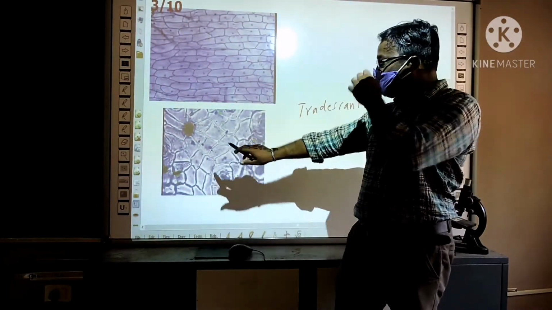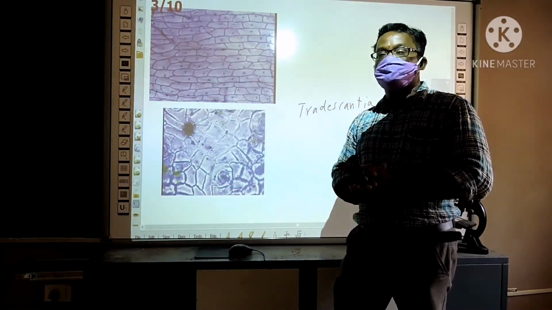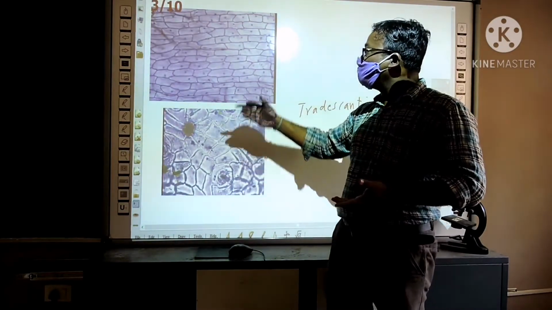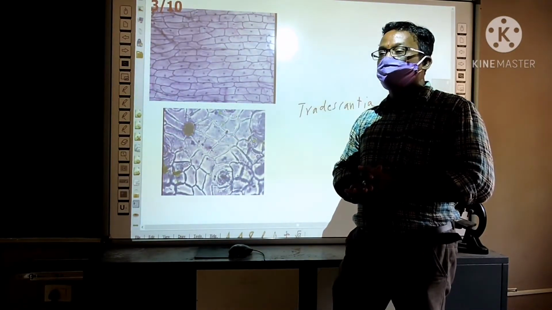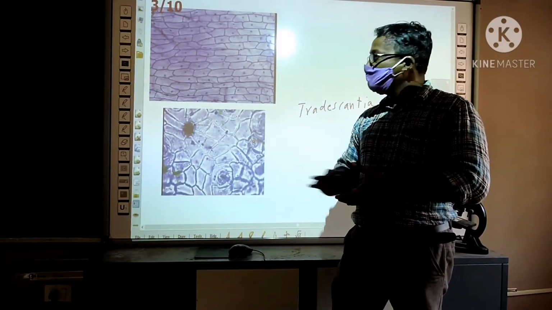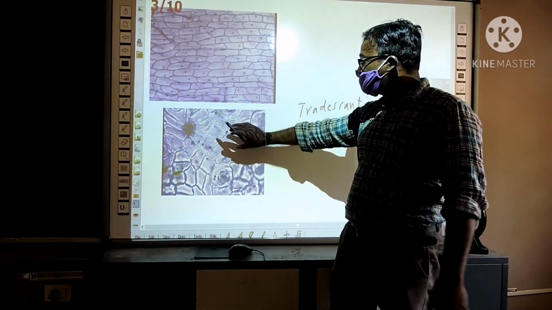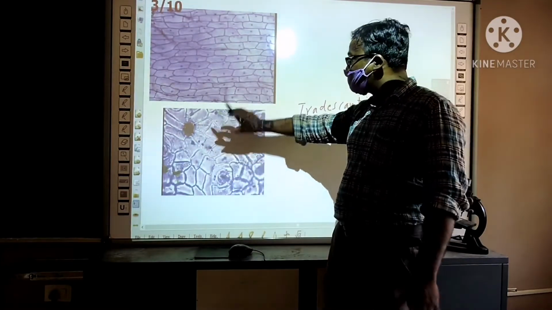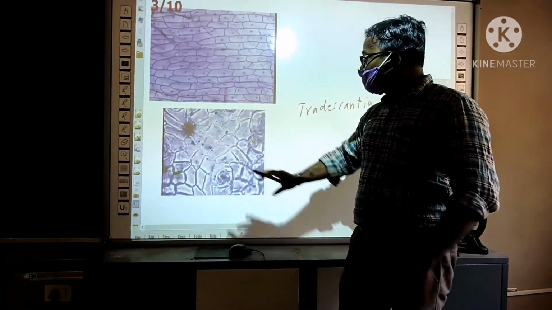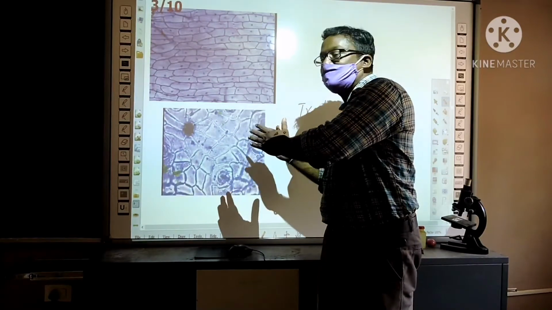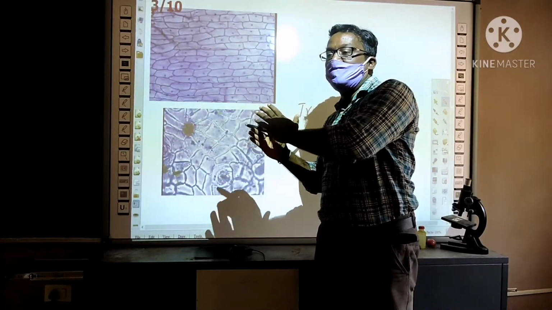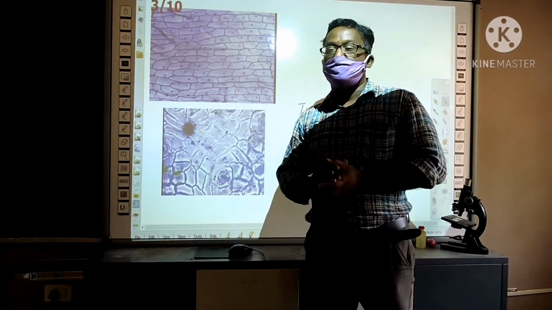See, this is the arrangement of cells in betel leaf. Is there any similarity between the onion peel cells and betel leaf cells? In both, they are closely packed, but the shape is slightly different, isn't it? So these are the cell arrangements in the leaf. Actually the cells in the leaf are called dermal cells. They form the outer covering.